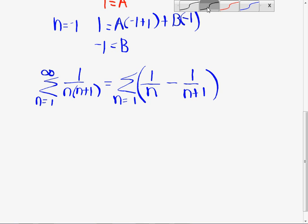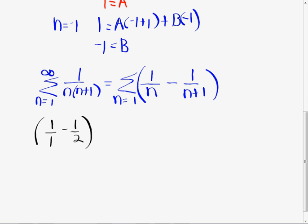Let's write out the terms now. This is why it's called a collapsing sum. So when n equals 1, I get 1 over 1 minus 1 over 2. N is equal to 2. Guys, if you don't pay attention, you have to figure this out on your own. 1 half minus 1 third. Plus,